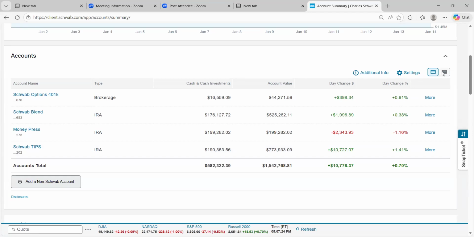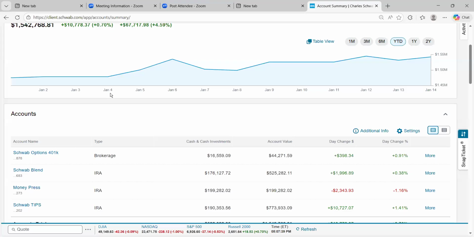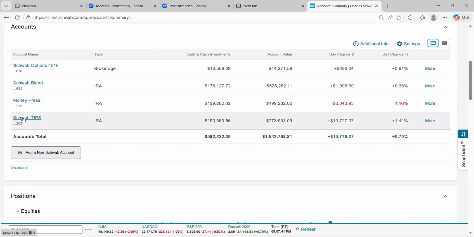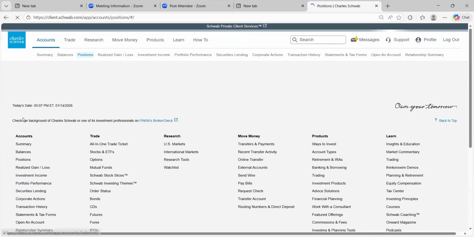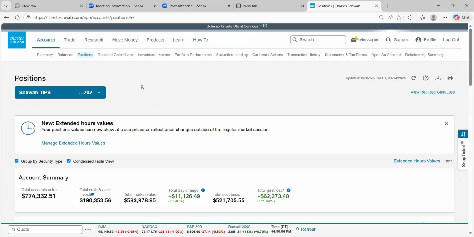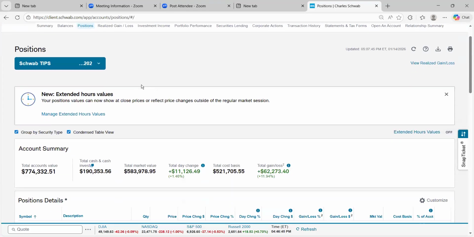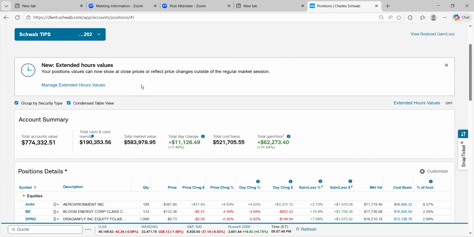And then it looks at the view over here. And what you'll find on most screens is a little tab to the right that says Snap Ticket. And that's what we'll use in order to make our transactions. So for right now, go from the summary, and then I'm going to break it down for just my Schwab Tips account. Okay, when I go through Schwab Tips, the first thing I want to take a look at is